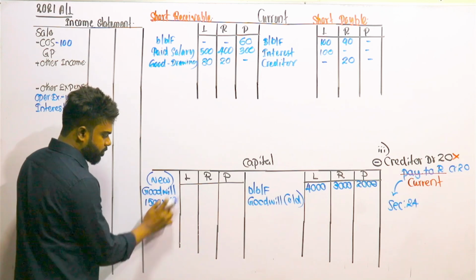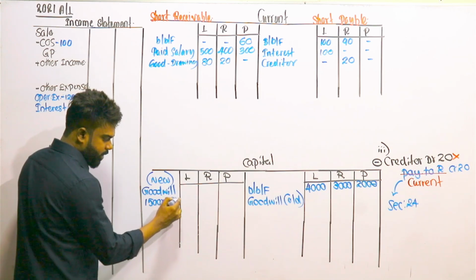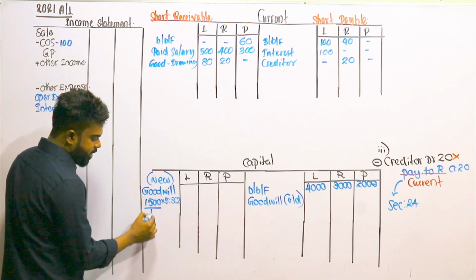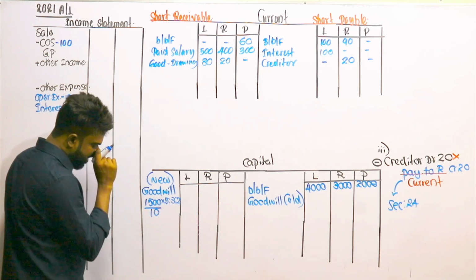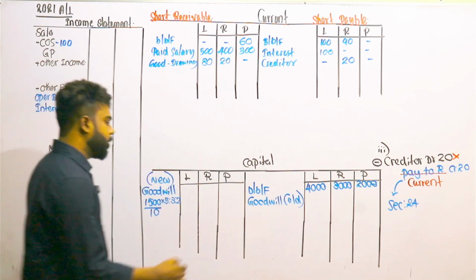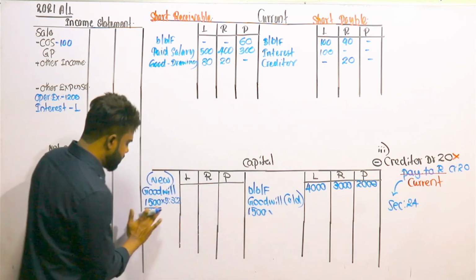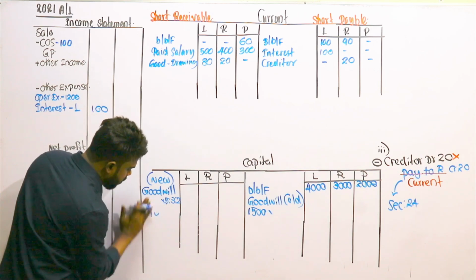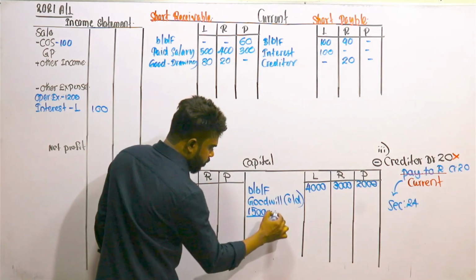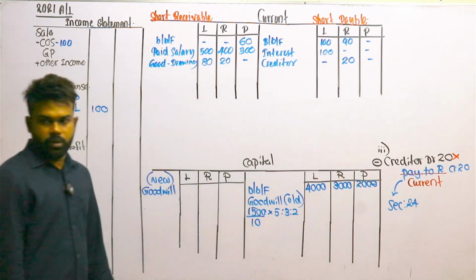How to calculate 5:3:2? Total is 10. Divide by the total ratio and multiply by 5, 3 and 2. Sorry, this is the old ratio. Divide into 5, 3, 2. Divide by 10. Right? New ratio,